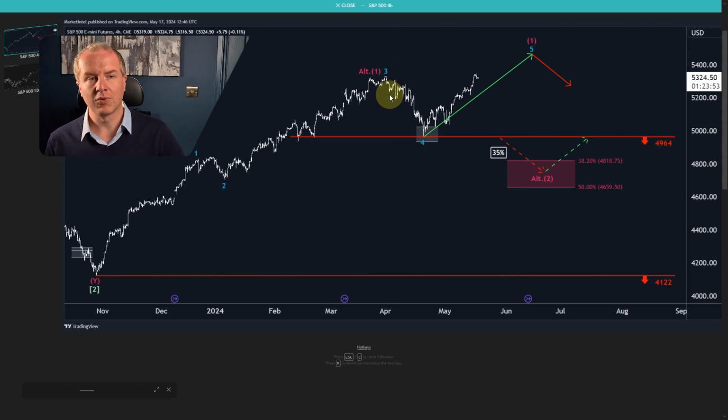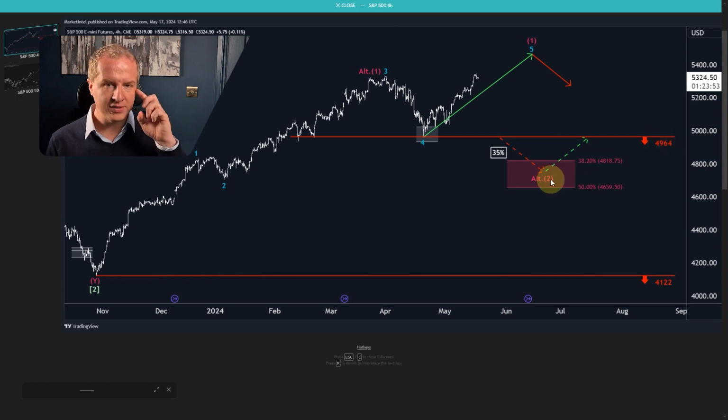We prefer that the price forms a more healthy wave 1 in magenta. And in this preferred scenario, the price should go a little bit higher. We assign this also a 65% probability, whereas in the alternative count, magenta wave 1 could already be completed. But again, it would take some evidence then to make that primary scenario, and that would be a break below 4,964. If we now see a pullback in magenta wave 2, we would expect the price to hit the area between 4,659 and 4,818, from where then a third wave rally should start.